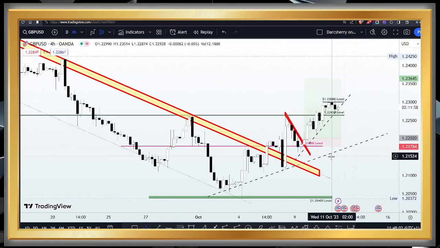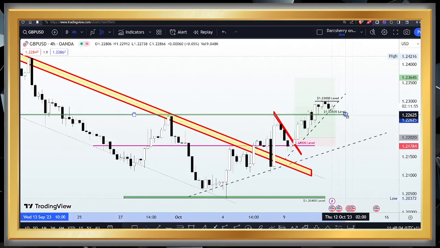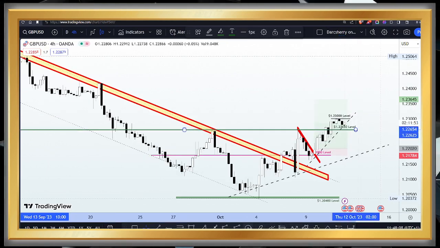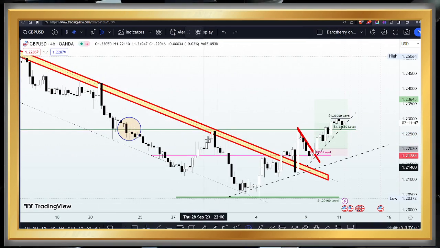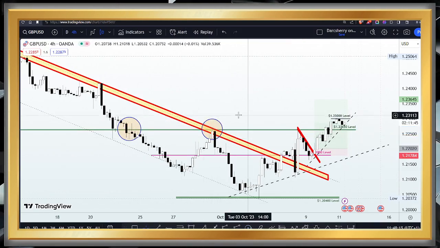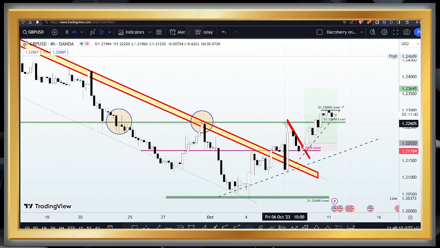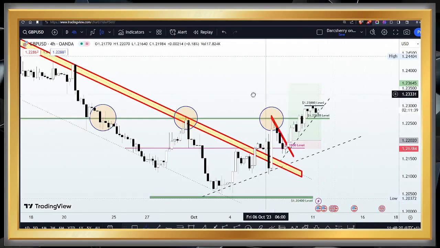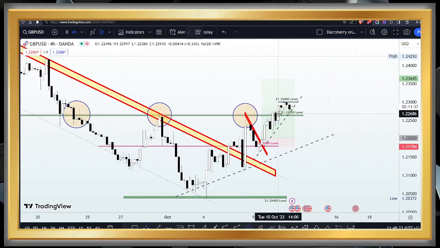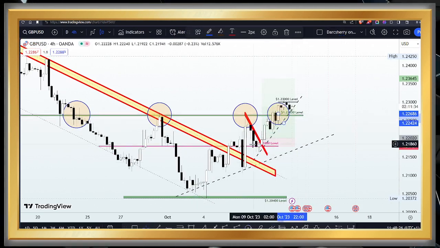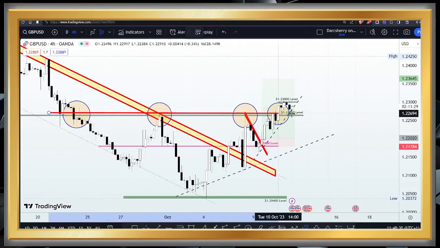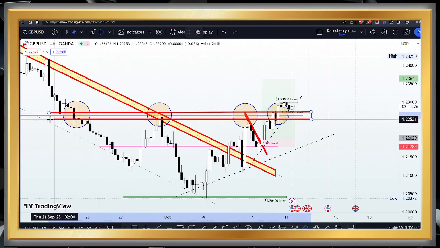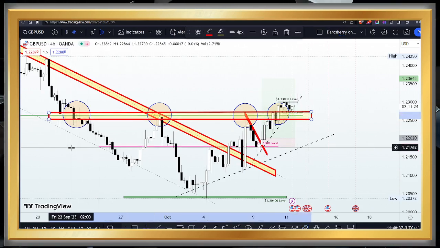Now, we also had this level here at the 1.22650. Remember, this level had been a strong selling niche for the last 3 weeks in this market. We saw how buyers were finding it difficult to break above this area. The same thing also happened on Friday of last week's trading session. However, this week we finally saw the breakout and retest of the structure, and with this breakout of the 1.22650, let's assume that the sellers have been taken out here, and as long as price remains above this level, we'll continue to hold on to a bullish bias.